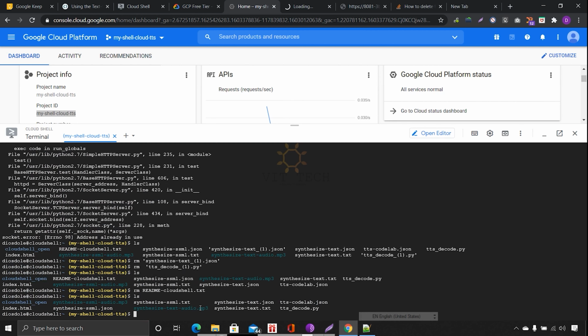So these are all the methods to create a text to audio file using Google Cloud Shell. It is very easy if you are using Google Cloud Shell instead of external Python or some other tools. You can run it any number of times and it will be saved in the Cloud Shell itself. You can download whenever you want.